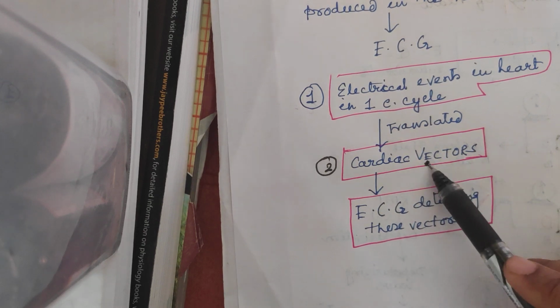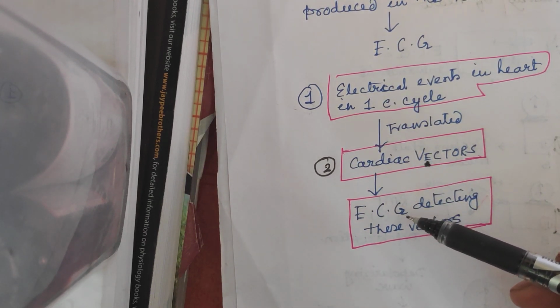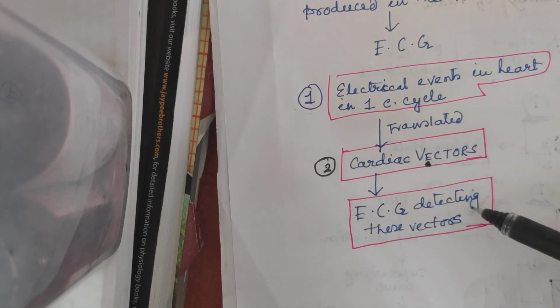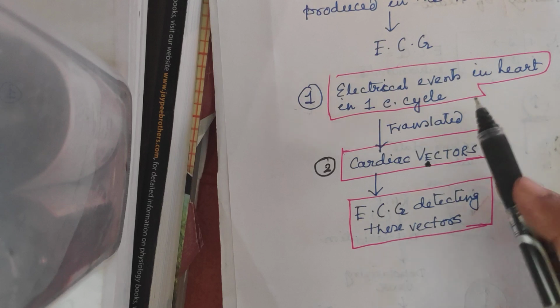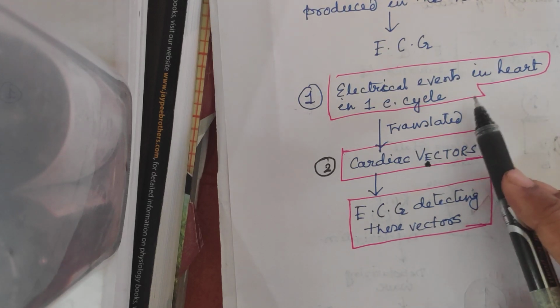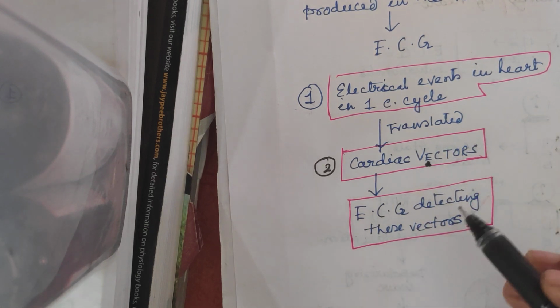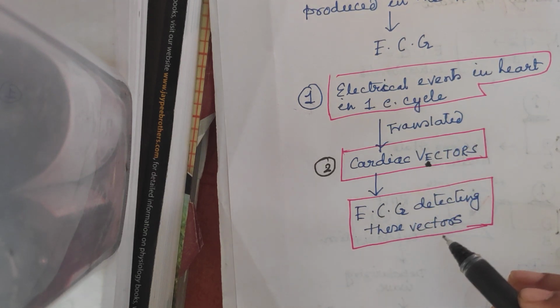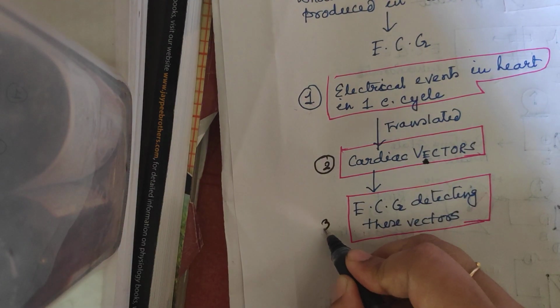And how will those specific vectors be recognized, and what pattern of ECG curve will be produced? So: what is the electrical activity, how can this electrical activity be translated into cardiac vectors, and how are these vectors recognized by the ECG so that a specific ECG pattern is developed. These three are our